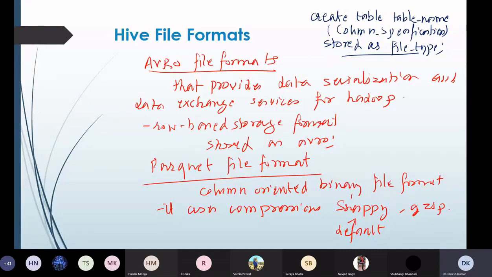Because ultimately the role of using different file formats is to reduce the time taken to read and write data from the HDFS, because it contains a huge amount of data and there is a process through which it has to pass to collect data from HDFS and process the queries. So how to reduce that time? These file formats would help you to efficiently process the queries by taking less time.